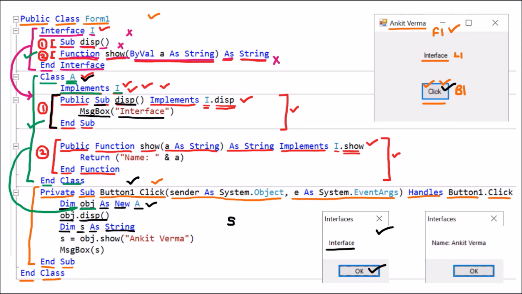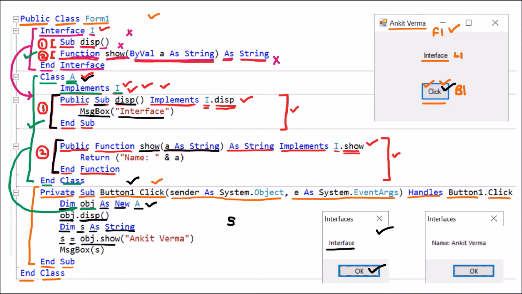Now here it shows s is equal to, so s will take the value which comes from obj.show. Here we can see that this is the show function, and obj.show is going to call the show function. Here we have one argument, which is a as string.